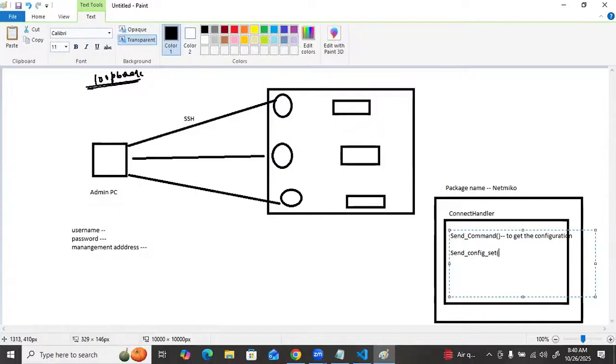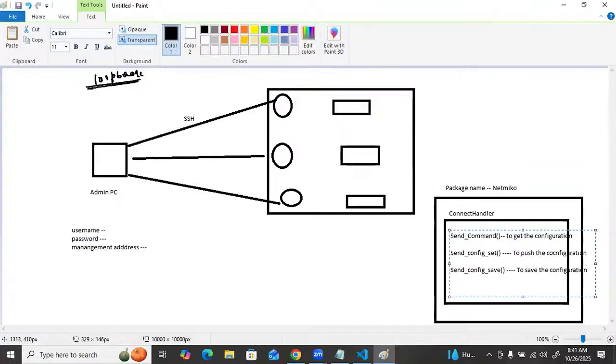What is the purpose of this command? To push the configuration. Another one is save, to save the